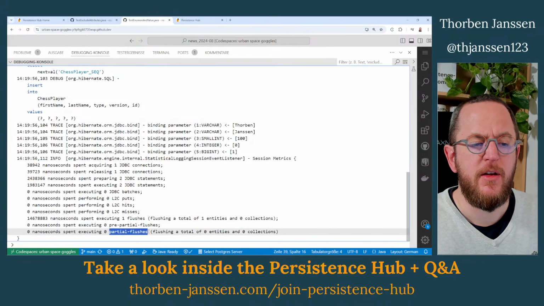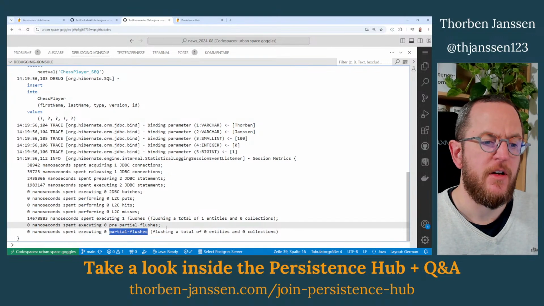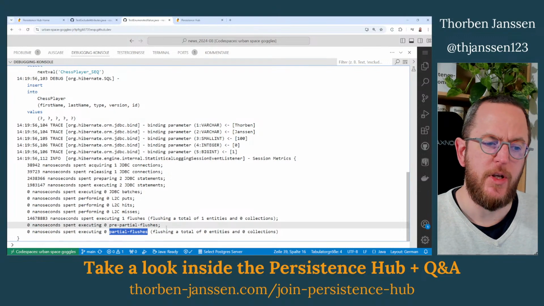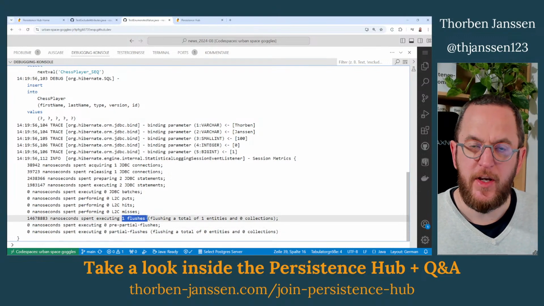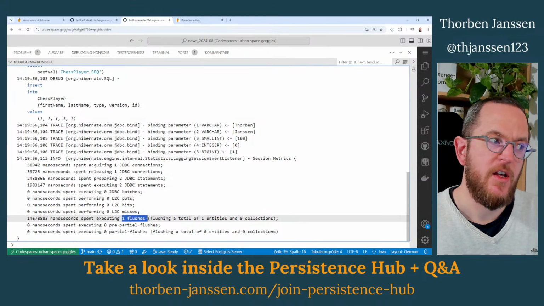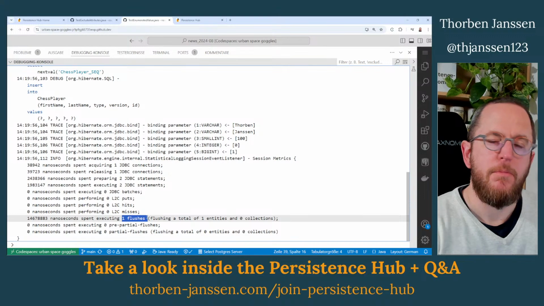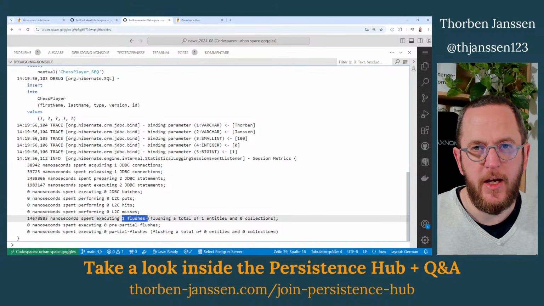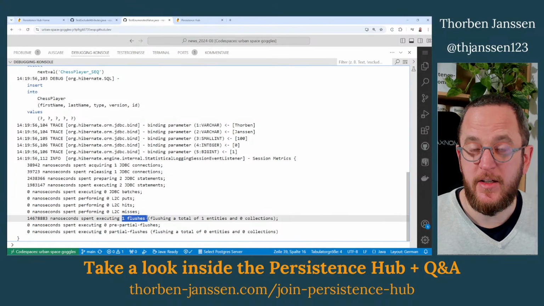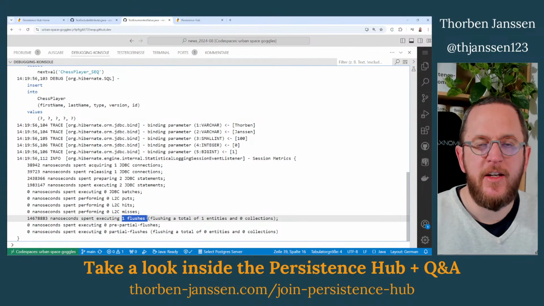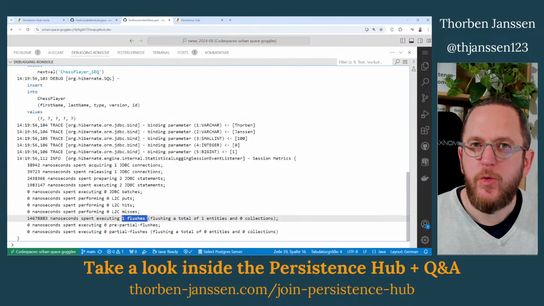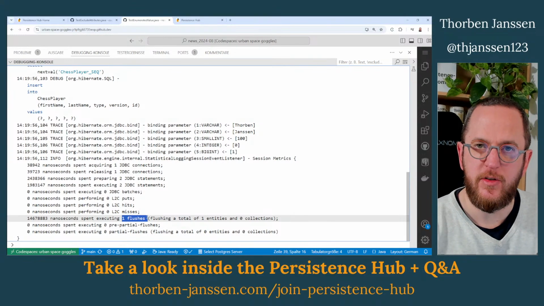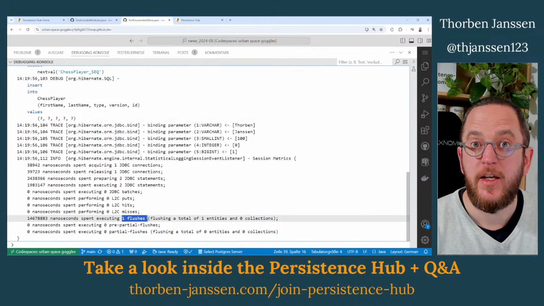Partial flushes are basically the same, but in an optimized form that Hibernate might use before executing a query. The flush checks everything, and that has to be done before committing the transaction. Before executing a query, a partial flush might be good enough. So the situation there is you have potentially modified entities in local memory, and you're now sending a query to the database. If you want to get the right result, you have to tell your database all relevant information. And that's what Hibernate is checking in a partial flush.